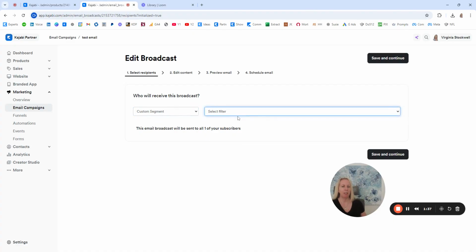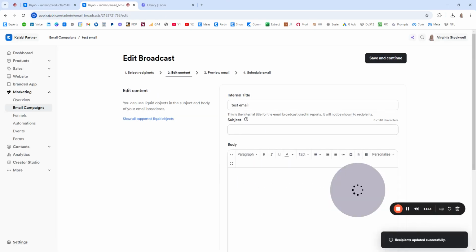And then from here, you can click here and you can see all the options for who you could send this email to. So many choices. And let's just say I do want to just send it to everyone. I would just choose all contacts, save and continue. And then you'd write the email,